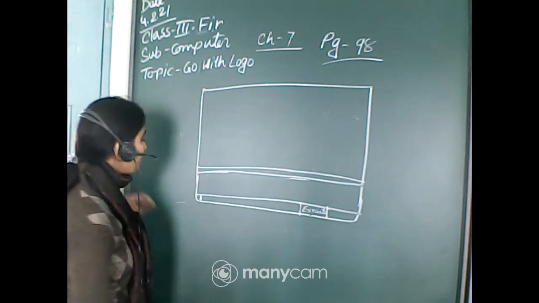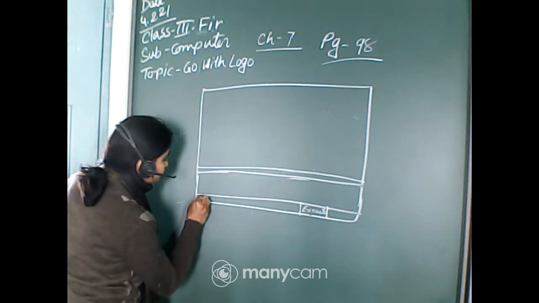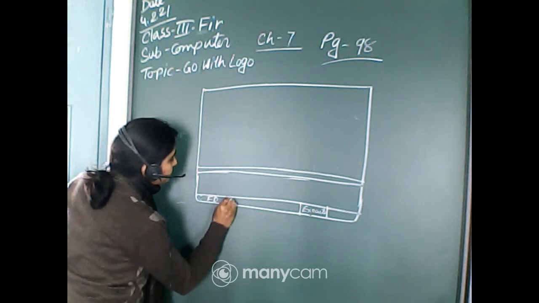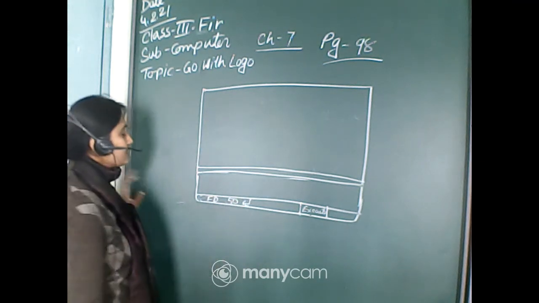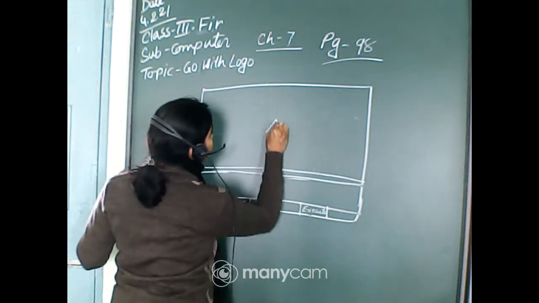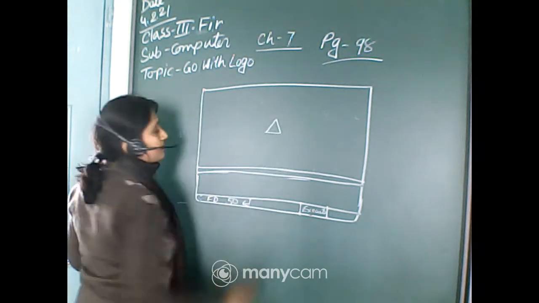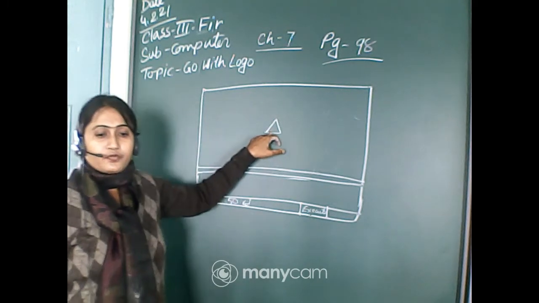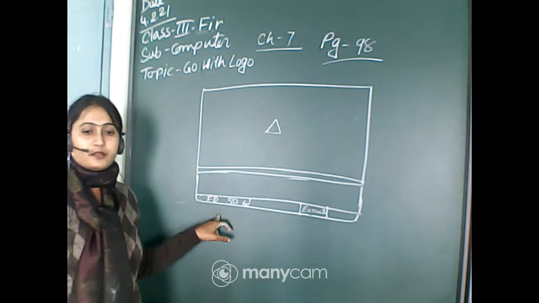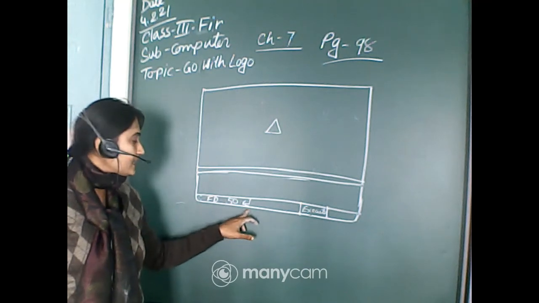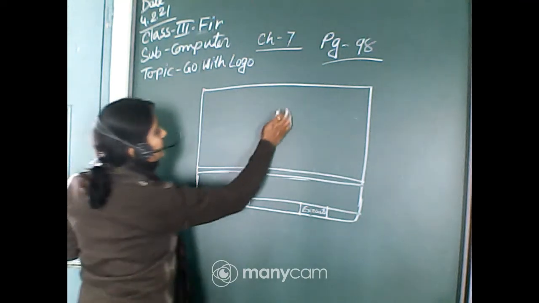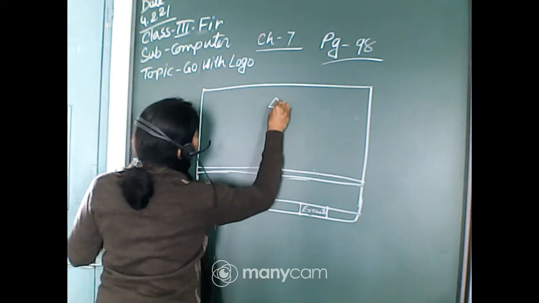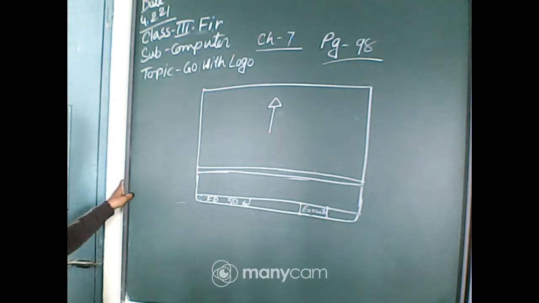Suppose you have written over here fd 50 and then you have to press the enter key. When we open logo, we can see the turtle at the center of the screen. When we write the command and press the enter key, you can see the turtle will move by drawing a line, the turtle will move 50 units forward.